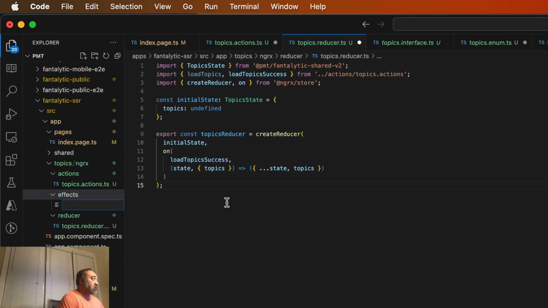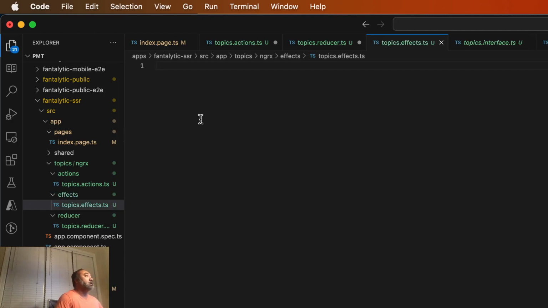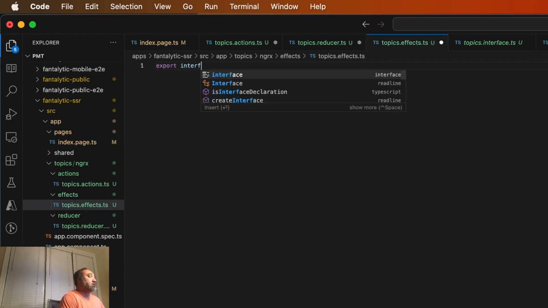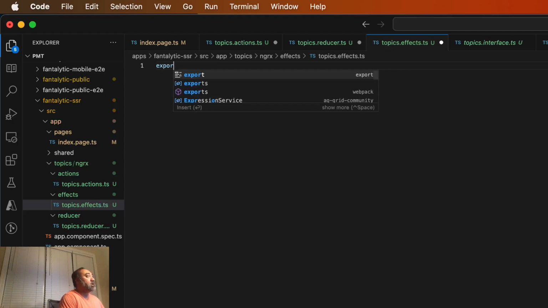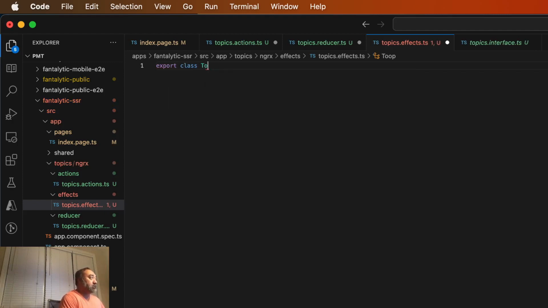This file is going to be topics.effects.ts, and we can do export interface. I'm sorry, export, silly, export class TopicsEffects,